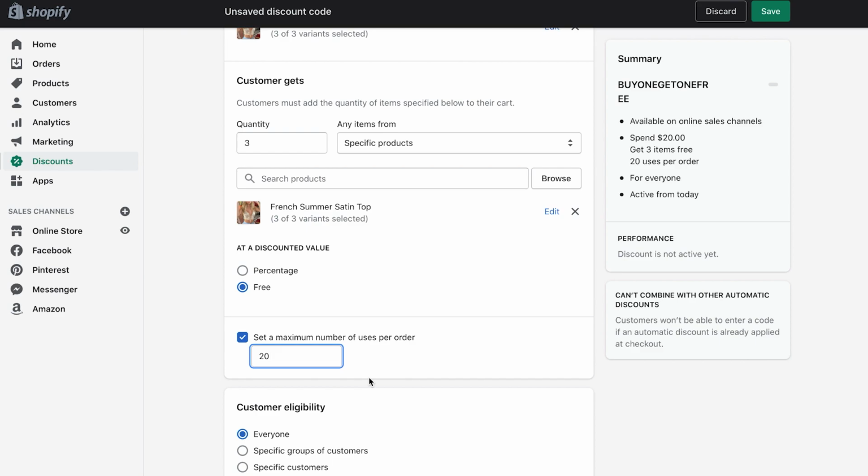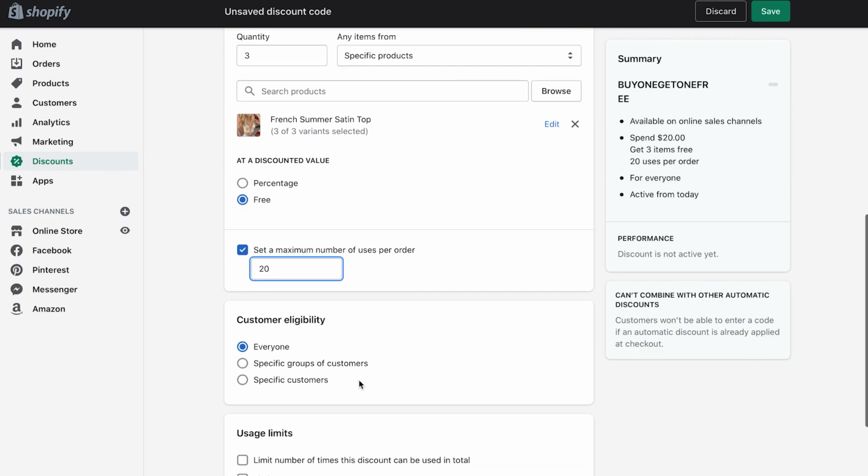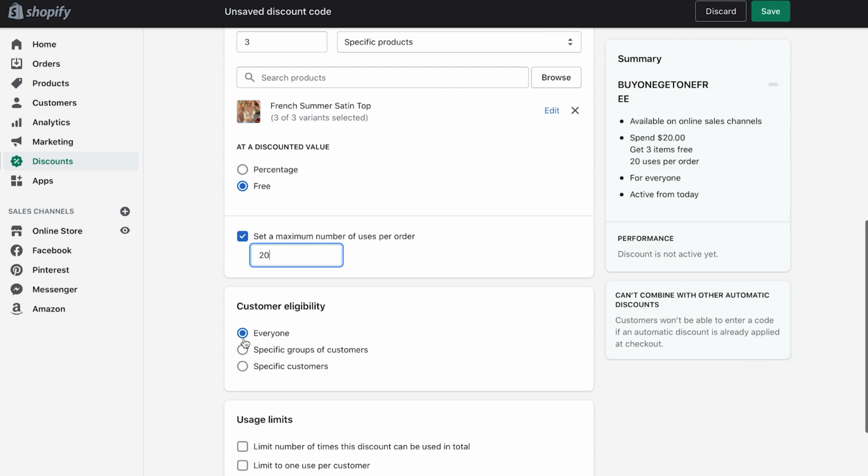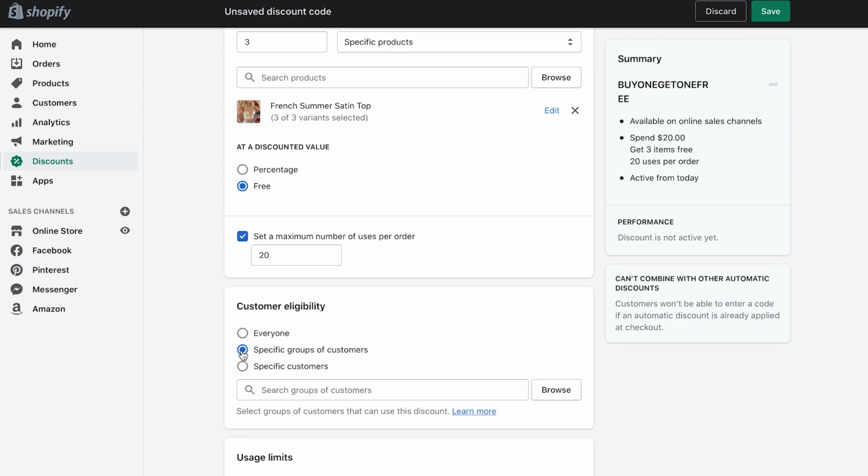Moving ahead in the customer eligibility section, select who this discount applies to: everyone, specific groups of customers, or specific customers. If you want to go ahead with specific groups of customers, then select that option and use the search field below or the browse button to select the groups of customers that should be applicable for the